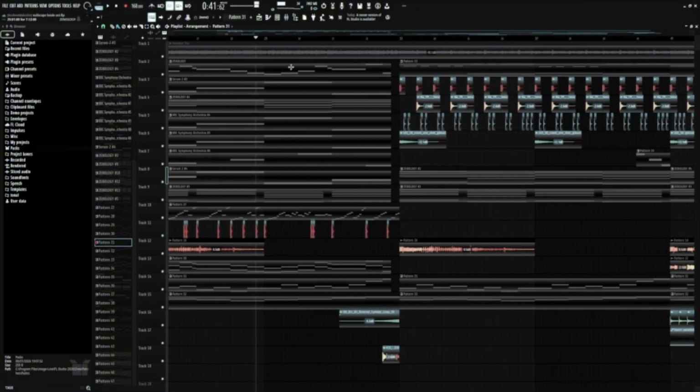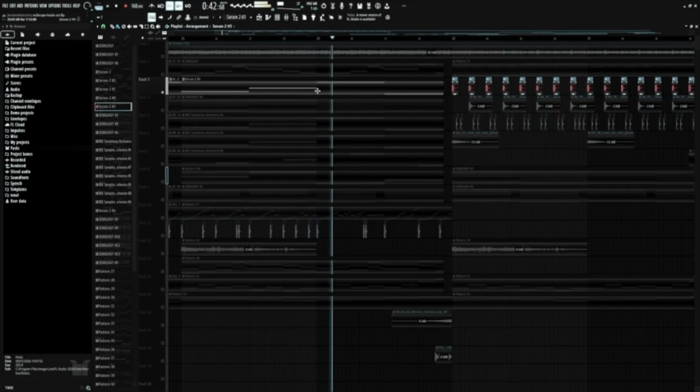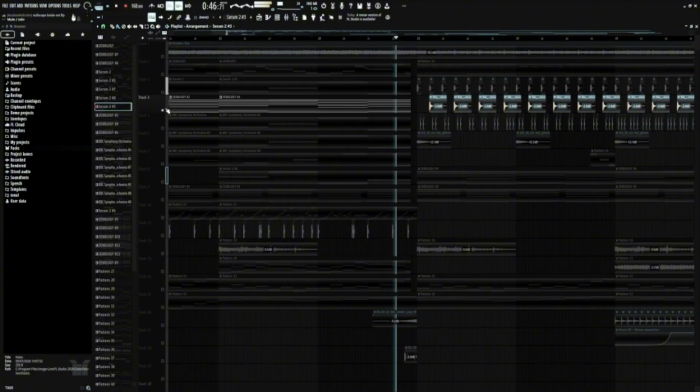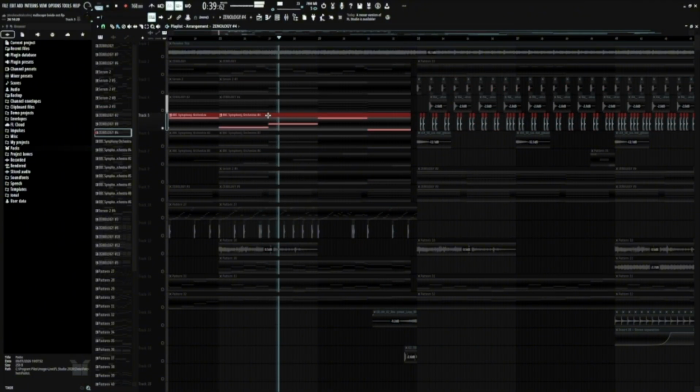One thing I forgot to point out is that here the bass line changes, and same with the original song, it does this instead. As you can see, I've done that to everything else.